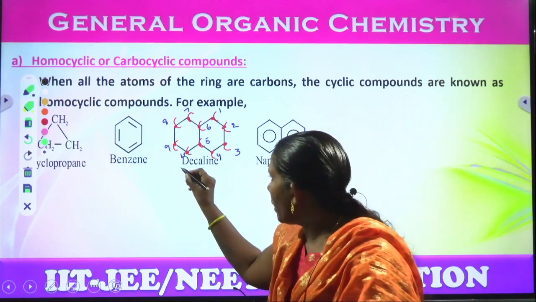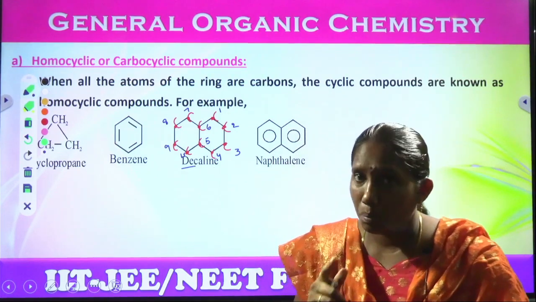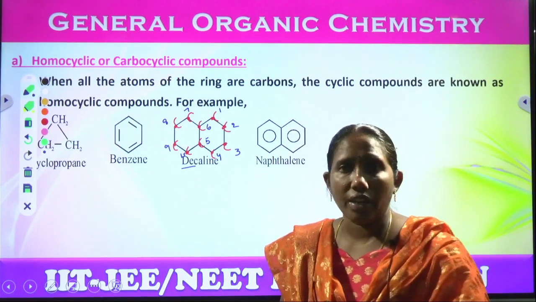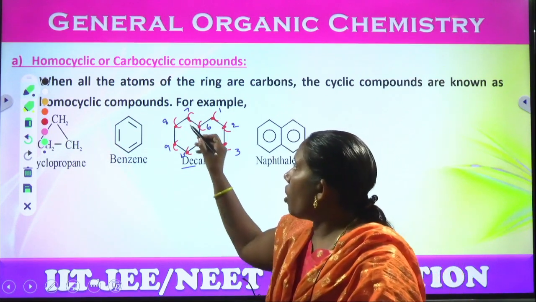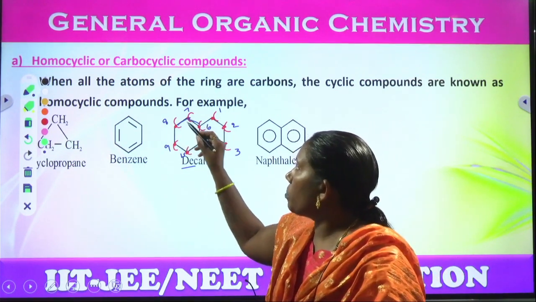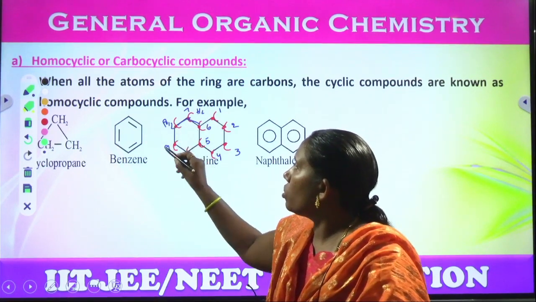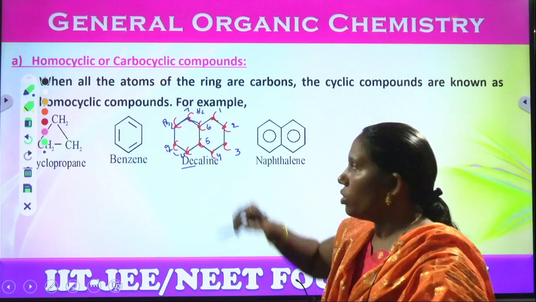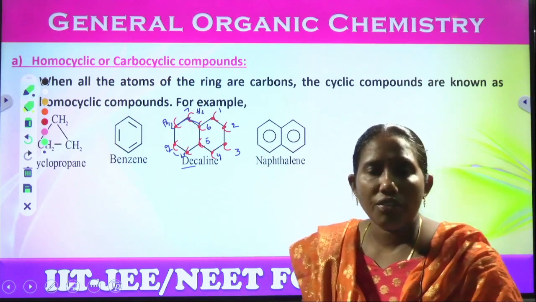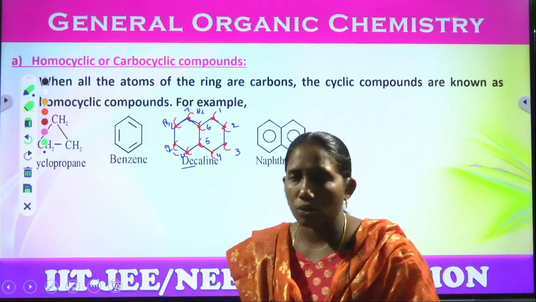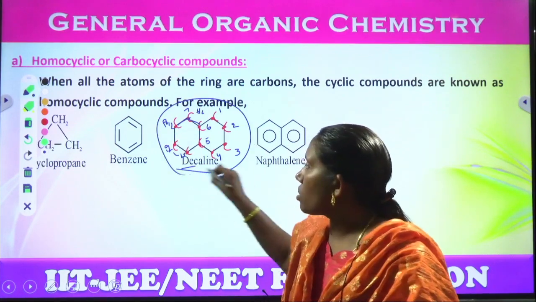That's why they have written the name here, dec. Dec represents 10 carbons, like we already learnt, right? So dec, and all are single bonds only between the carbons. This carbon has 2, so 2 more hydrogens are required, H2, H2, H2. To satisfy the bonds for that carbon, we have to write the remaining hydrogens. So the name of this compound is called decalin.